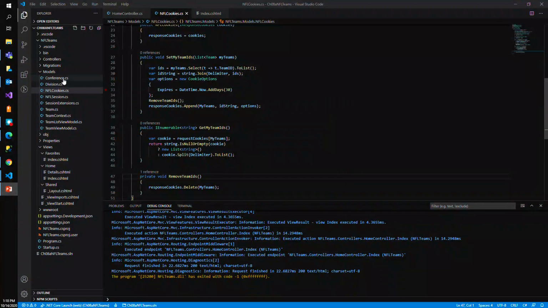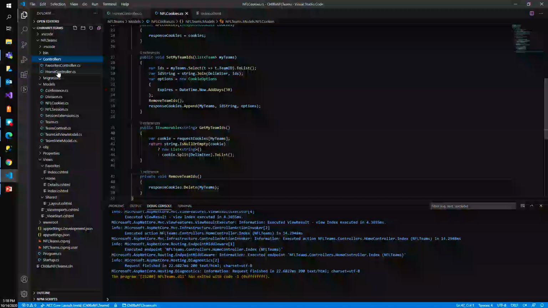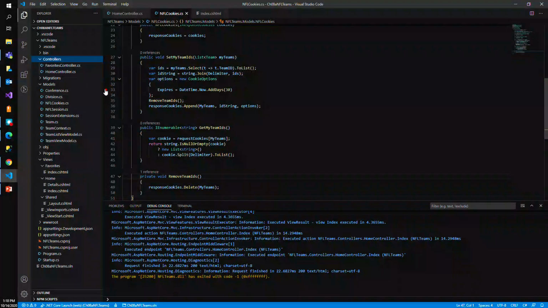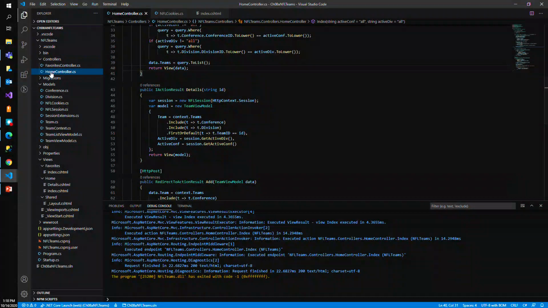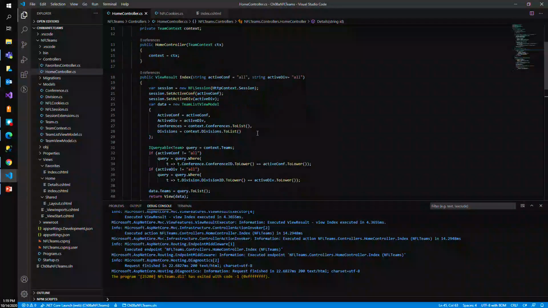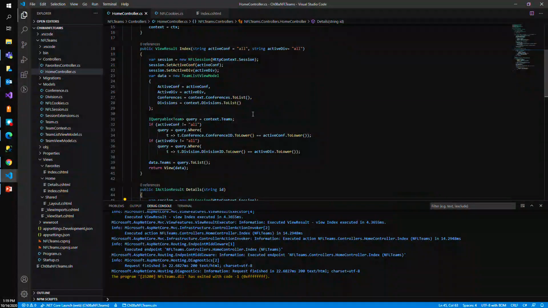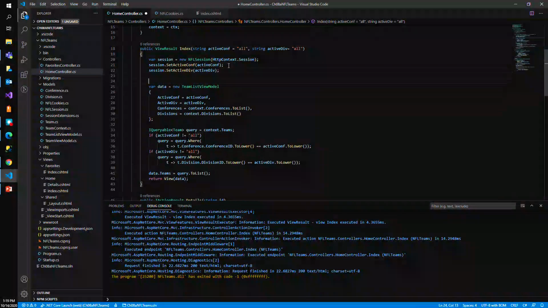So let's go ahead and go back to our controller. Home controller. And now, if they have a cookie, I want to get it. That way I can figure out their favorite teams when they come to the website for the first time. So the first thing I want to do is see if they have a session. Okay. So before we fill out the model here,